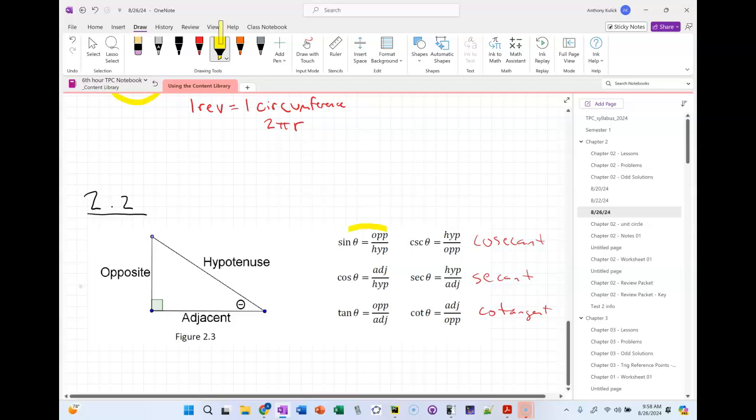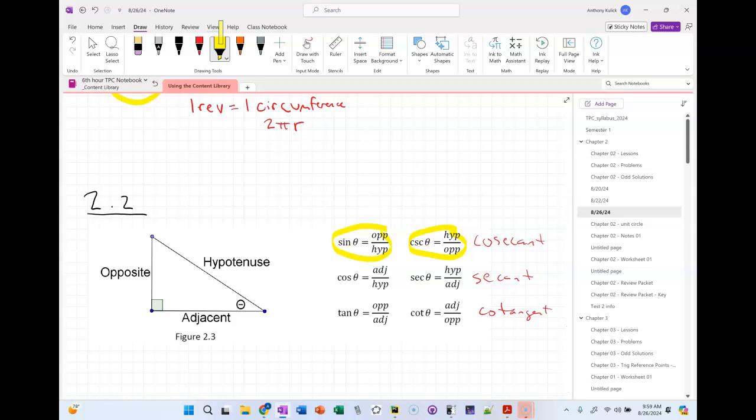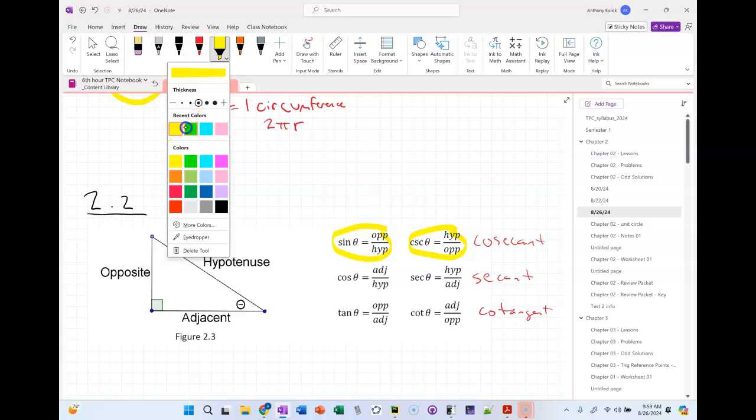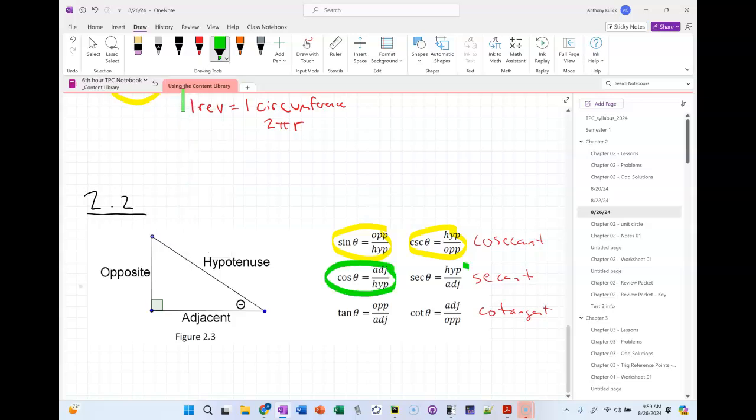If I look at the definition of sine and cosecant, what do you notice about their definitions? They're reciprocals of one another. Excellent. What do you notice about the definitions for cosine and secant? They're reciprocals. And what about tangent and cotangent? Also reciprocals. So, if it's me, the way I memorized the definitions for these three new trig functions is not